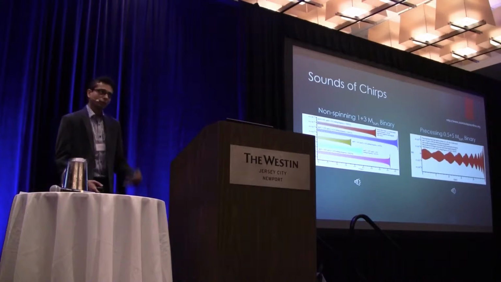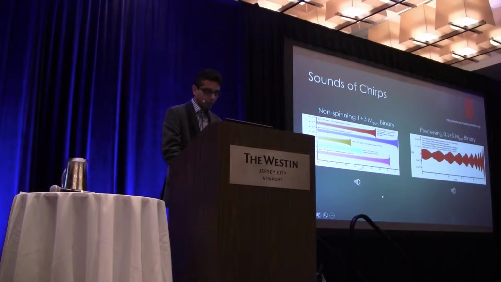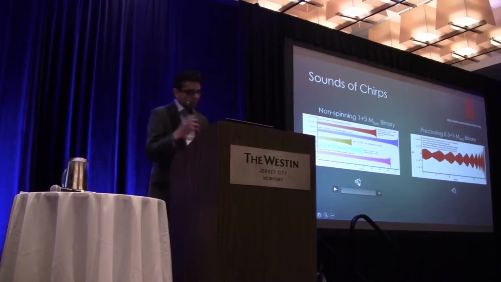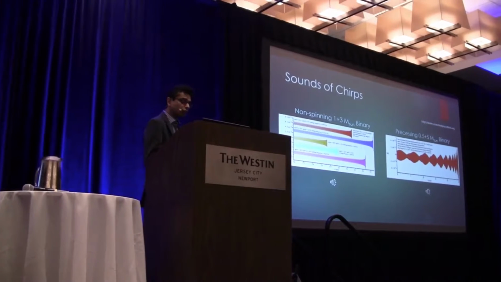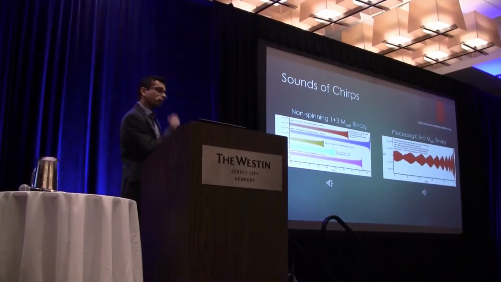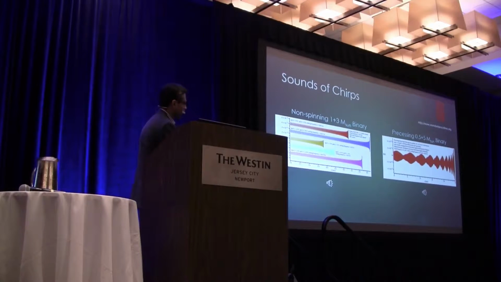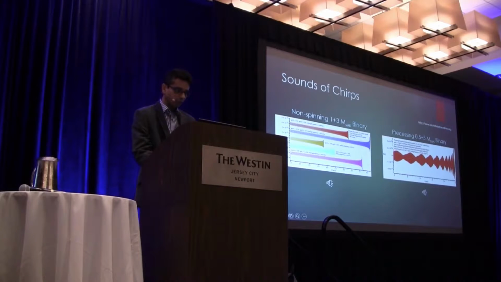Right? And by listening to gravitational waves, we can try and learn about the sources, the objects which produce those gravitational waves. So here I have 2 examples. The first one that I'm going to play is a simulation of 2 stellar mass black holes, which are not spinning. The masses are about 1 solar mass and 3 solar mass. They are spiraling around each other, and eventually they are merging. So when that happens, what sort of sound are we going to hear? So here it goes.